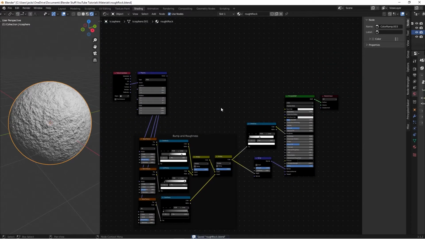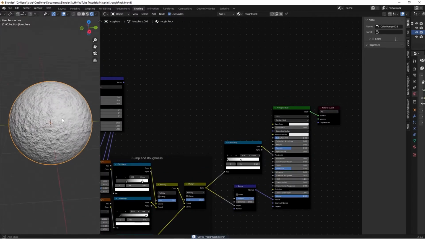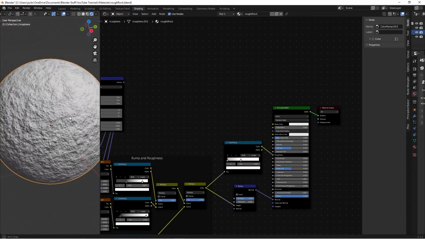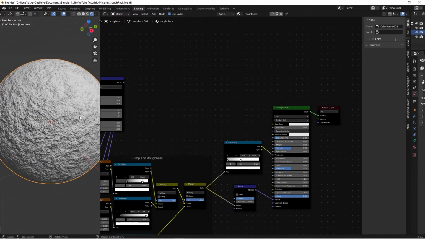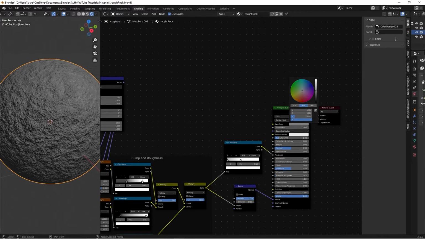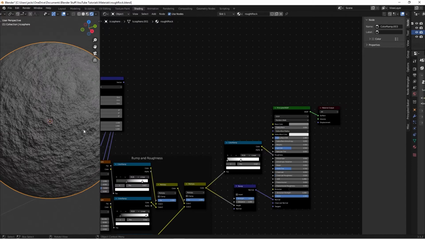So now all we have to do is add in the color. This is already looking pretty nice, as I said earlier. So, I mean, you could just leave it here and then play with the base color on your own, like maybe darken it up. And honestly, you could get away with a rock just like this, but I like to add a little bit of